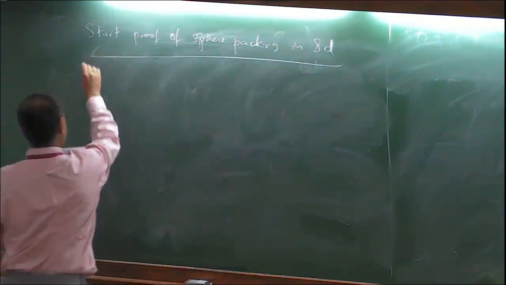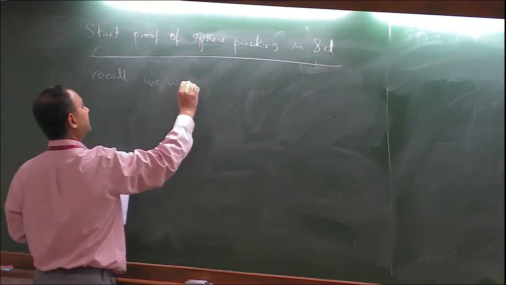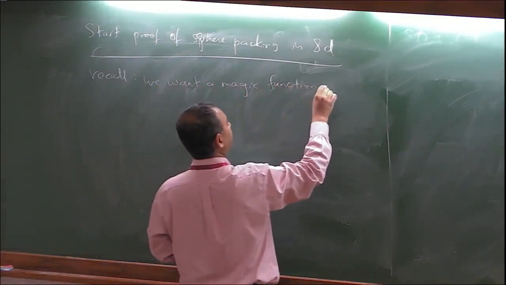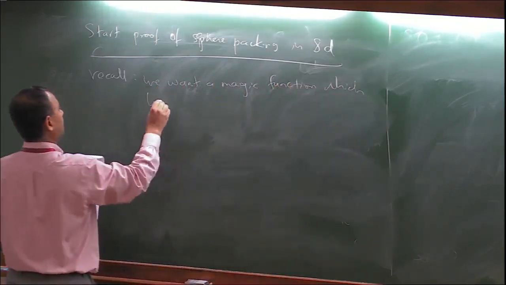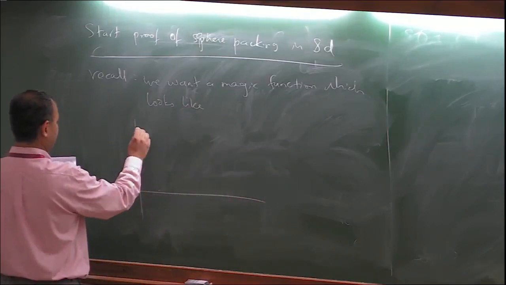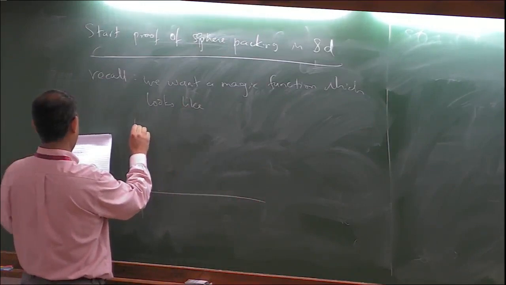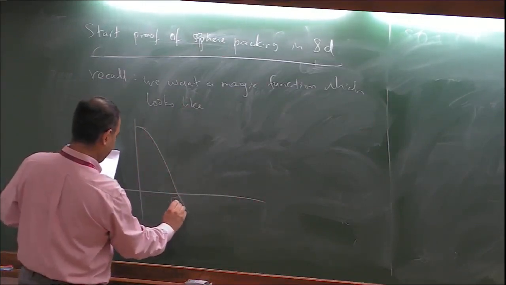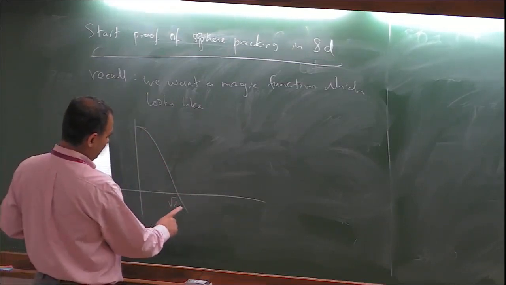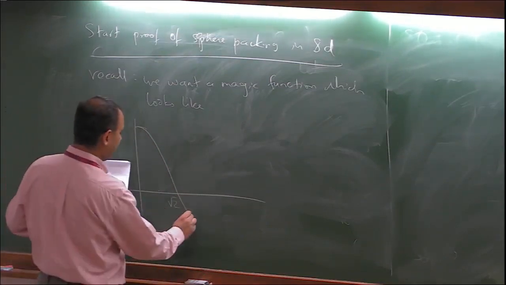So recall, here's what we want. We want a magic function which looks like this. So here's the function f. It should be a radial function of distance, so you can think of it as a function of one variable. It should start from something positive, it should cross the x-axis at square root of 2, which is the smallest non-zero vector length in E8, and it should stay below